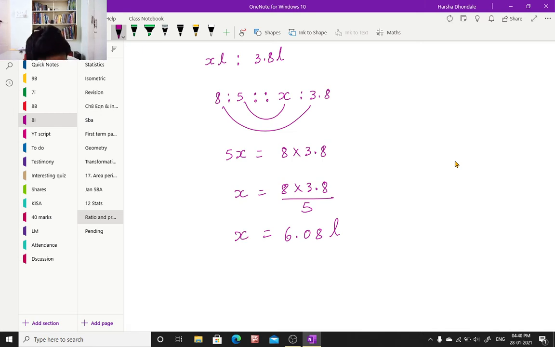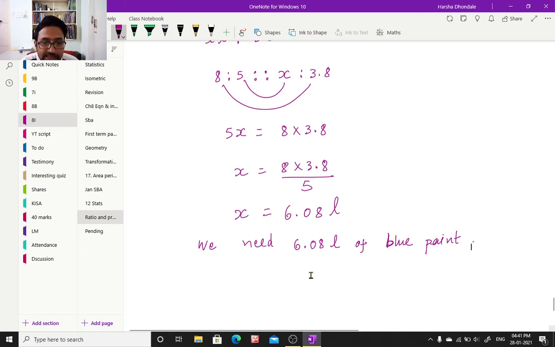So is 6 liters enough? That's the question. Is 6 liters of blue paint enough? It's not enough because we need 6.08 liters. I'll write my answer as: we need 6.08 liters of blue paint. That's it. Next,